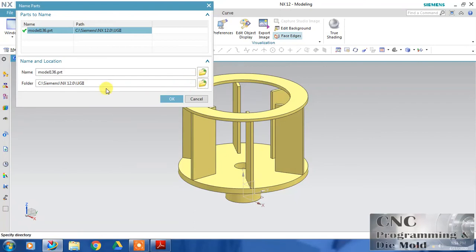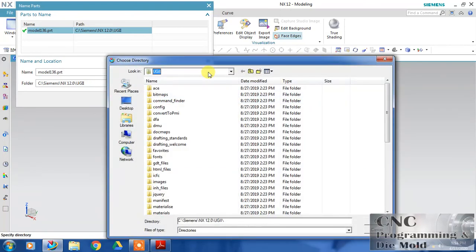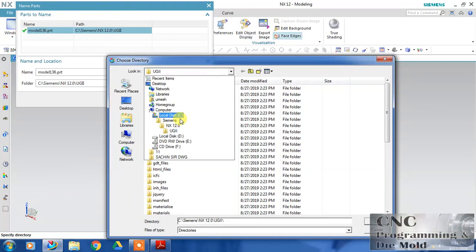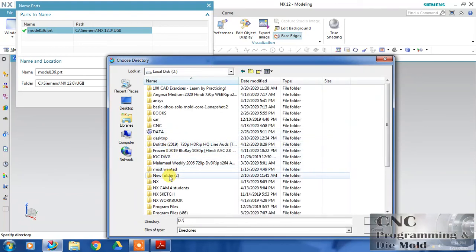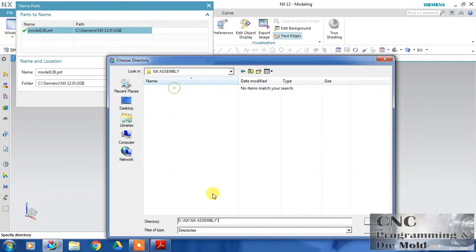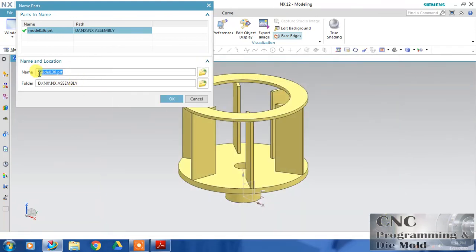My new location is D annex assembly, and OK, and the part name is blower, and click OK.